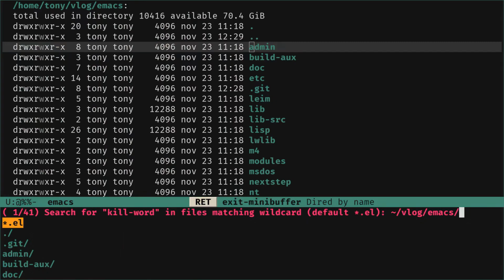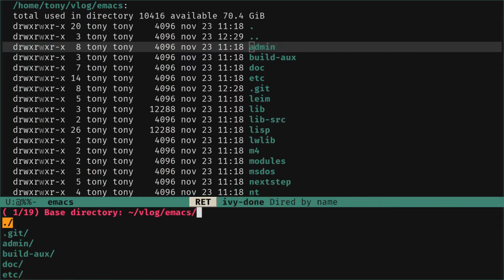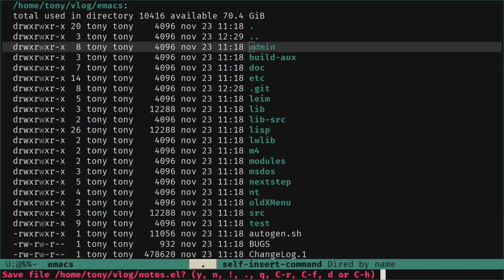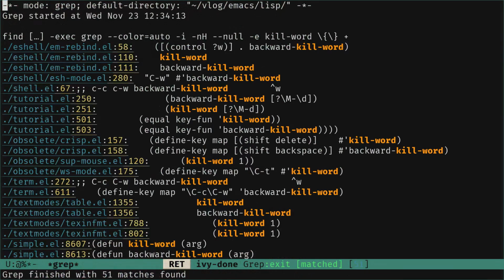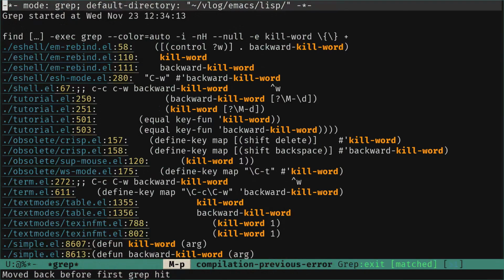So this is what we choose to do, and we want to do it in the whole Emacs, or maybe we can write directly restrict to the Lisp directory. But we have the choice. Return. And yes, because there is one file that is not saved, so I save it.